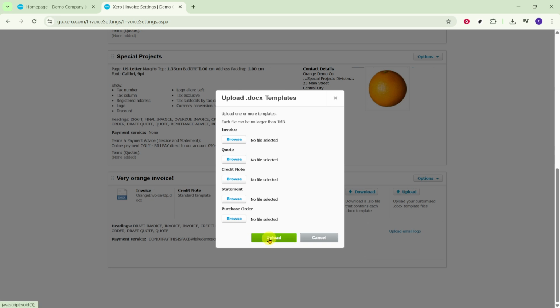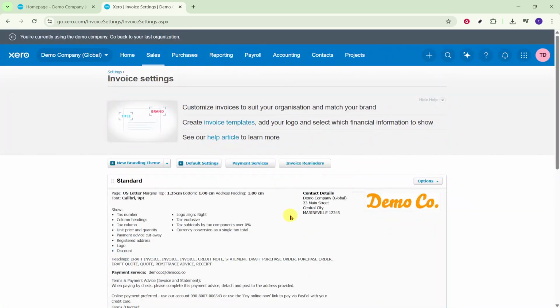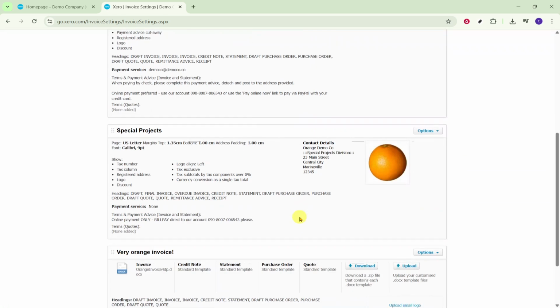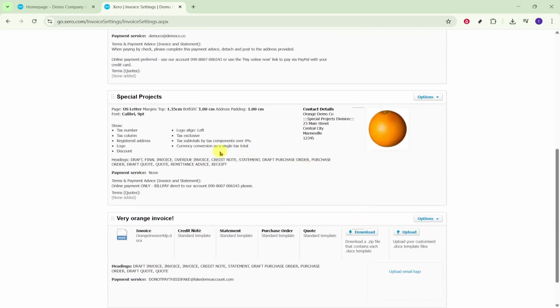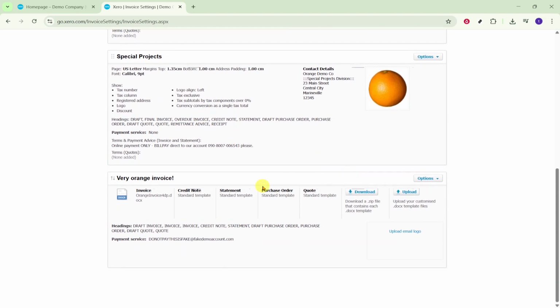Xero will add the template to your organization. If your file is large or includes images, give it a moment to process. Once uploaded, the new quote template will be available the next time you create a quote. If you notice any formatting issues later, simply return to the same area and upload an updated version using the